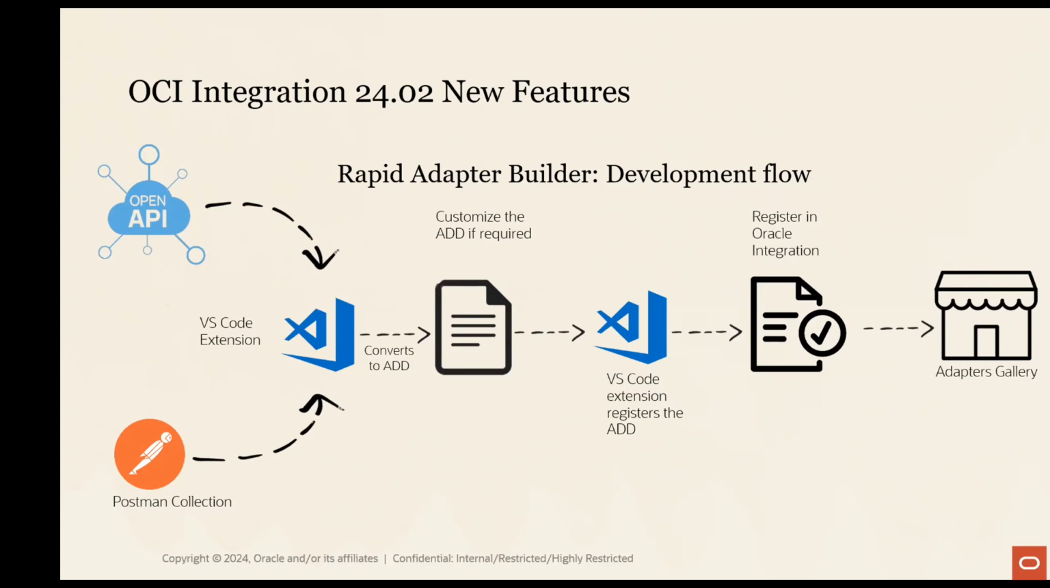Now, it's all declarative. Yeah, we'll have a look at that in detail later. And then from this ADD file, I can actually just validate it to make sure it's syntactically correct, and then I can publish it to my OIC instance. So within this extension in Visual Studio Code, I can define one or more connections to